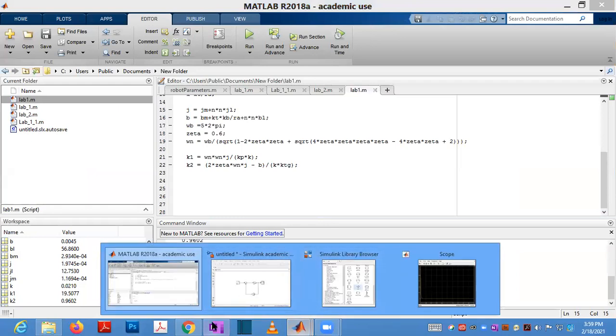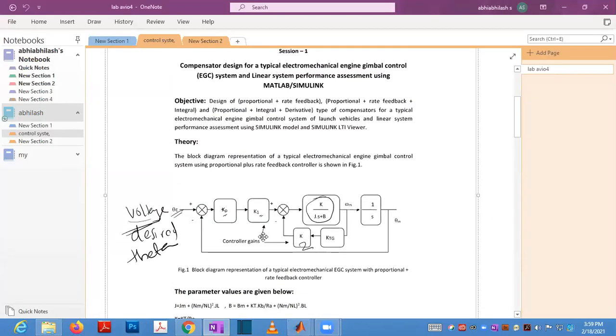use this block diagram in Simulink. You make the block diagram in Simulink. This first figure is for proportional plus rate feedback. So this one is a transfer function block. This is an integrator. This one is a gain. This one is a gain. These two are summer blocks, but here it is plus and minus. These two are gains. So 4 gains, one transfer function and one integrator.